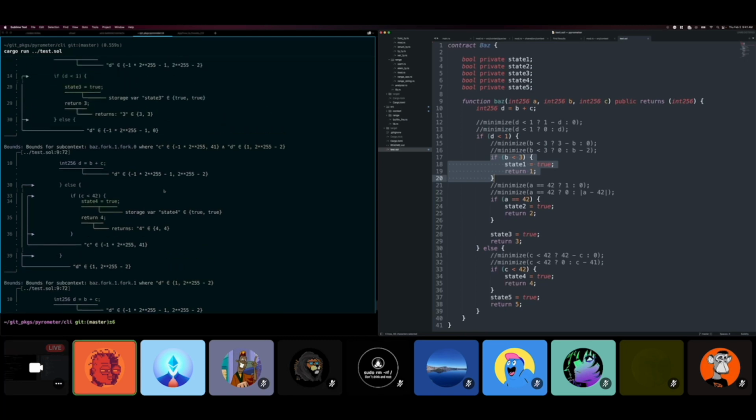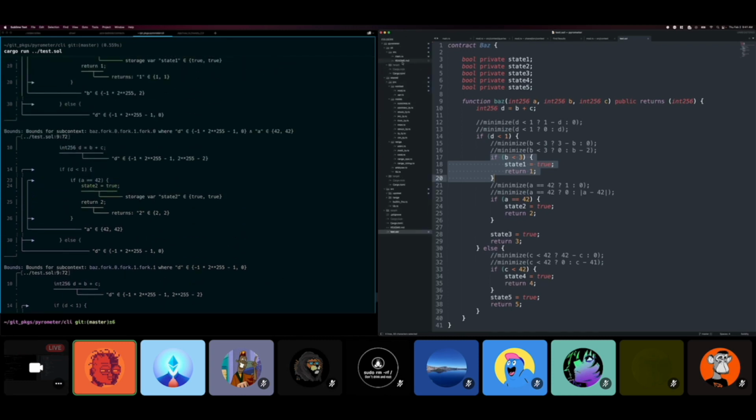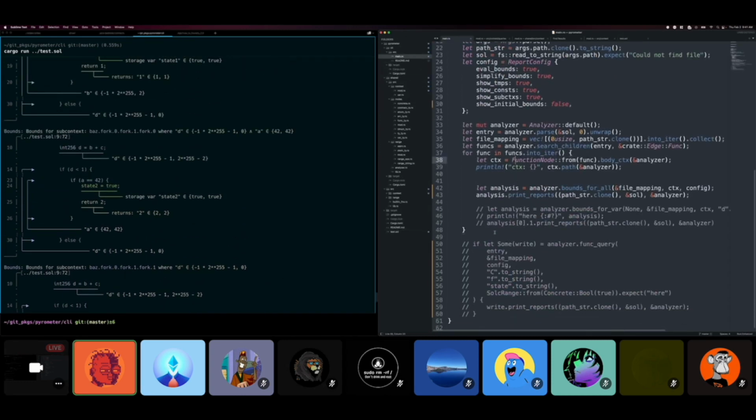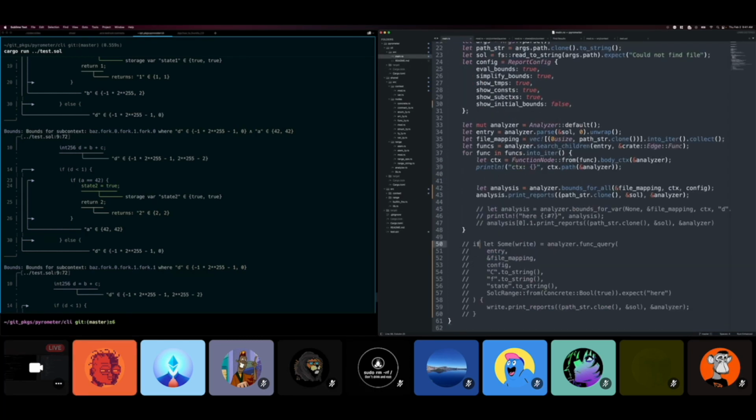It's not perfectly clean yet, right? This is still very much a work in progress. But you can also do things like, so if I want to, this is kind of the storage query, right? So baz, and we're calling the baz function, and we want to write state 1 to true. So if we run this,